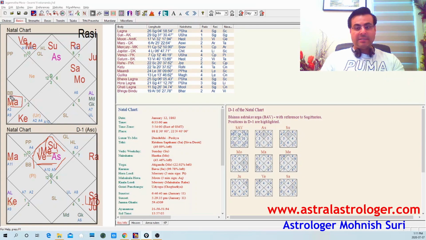What does Mars represent? Mars is your courage, your Purushakara, your willpower, your energies. Where will you apply those energies? Where will your courage come from? Where will your Purushakara be? How will be your determination? And how will be your actions, your self efforts? Mars is sitting in the third house of self efforts, communication, short distance travels. And Mars sitting there gives him immense energy to travel short distances. Rather, he traveled the whole world, but in India, he traveled a lot.